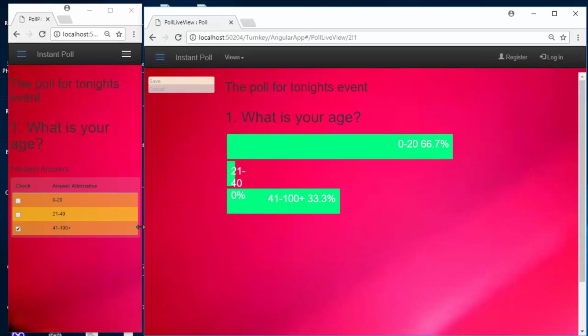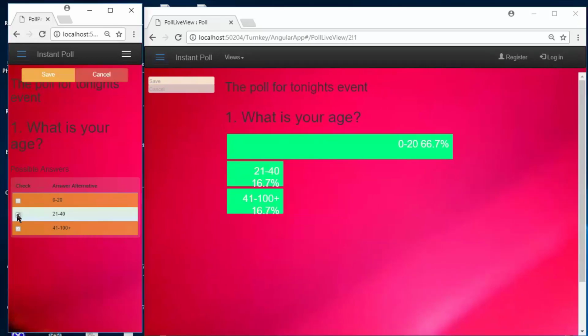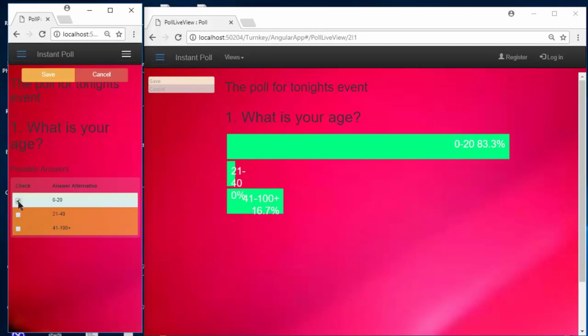And as people answered, the projector screen was updated instantly. And I thought that was really cool.